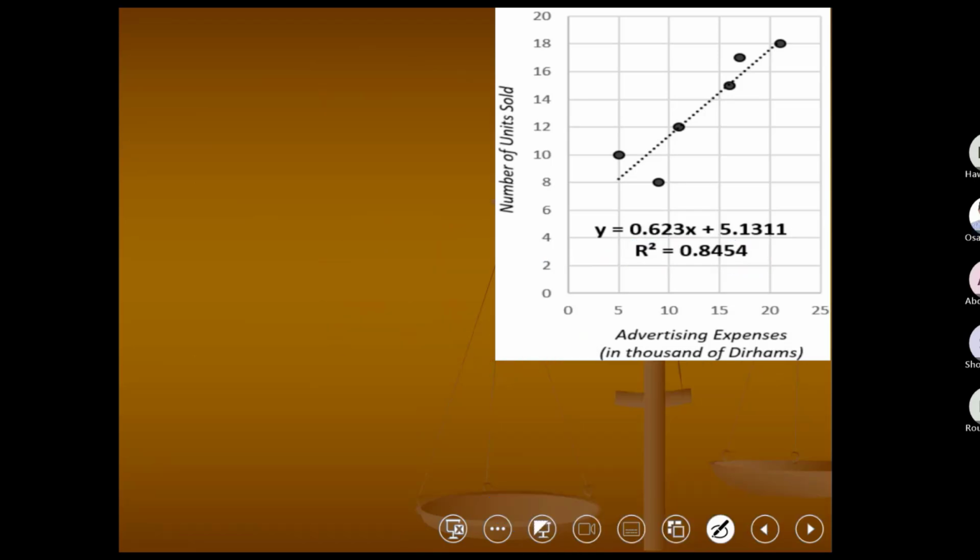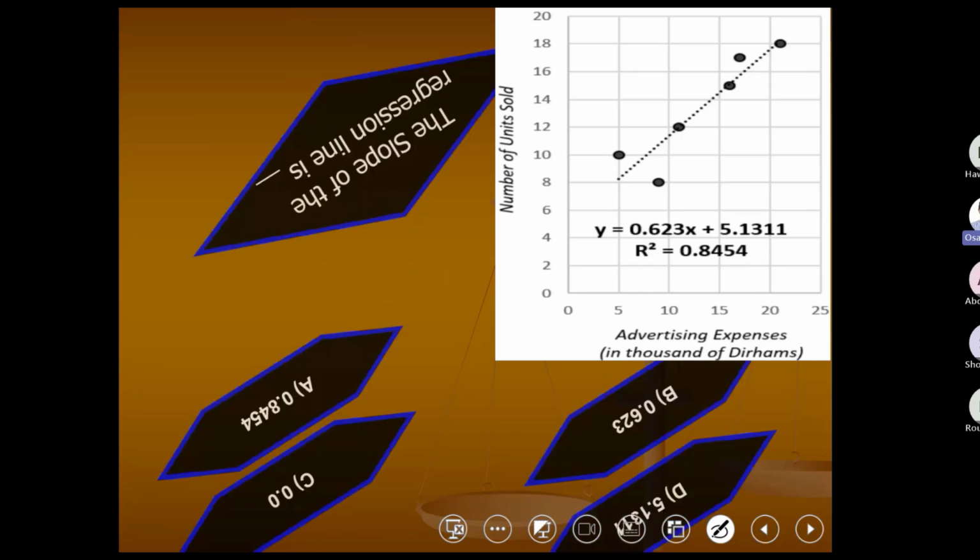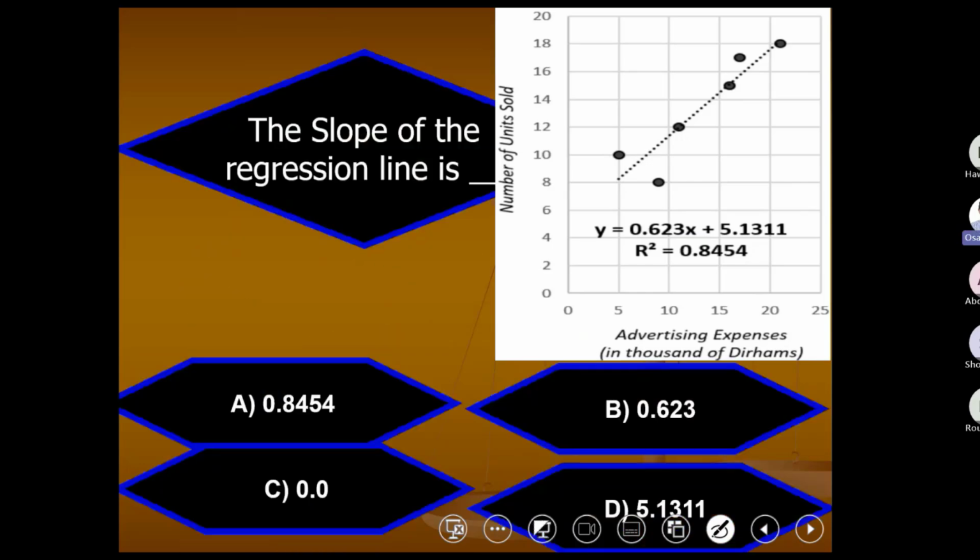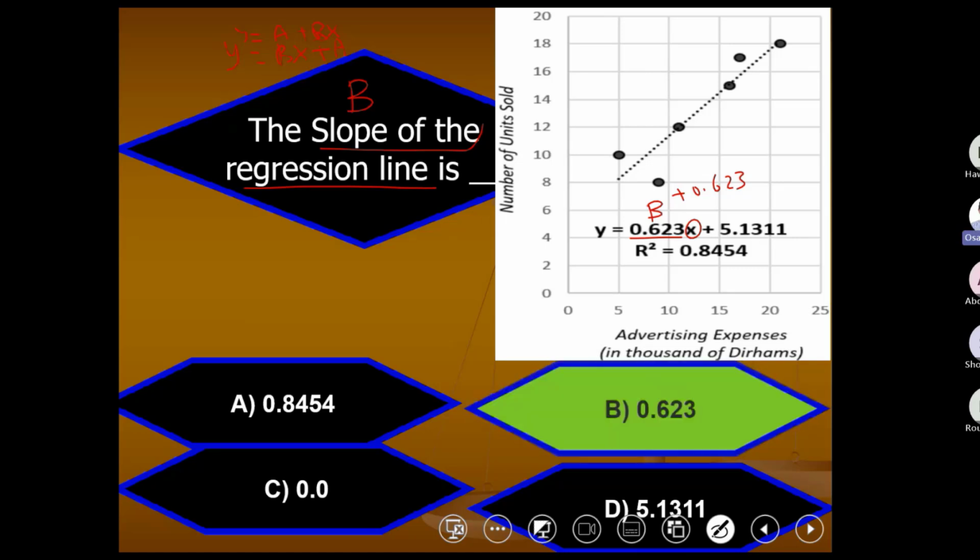Now, you have this graph and he's asking you what is the slope of the linear regression. The slope is B. B is in front of X. So whether it is bx plus a or a plus bx, whatever is in front of X with the sign is the slope. So I have X here, so this is my B, and it is positive 0.623. So it is a positive relation because the line is going up as well, right? Now the right answer should be